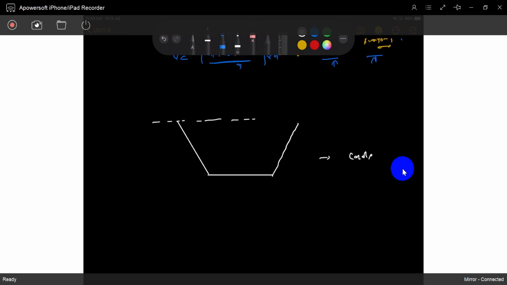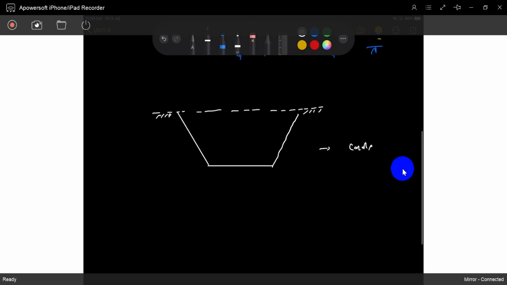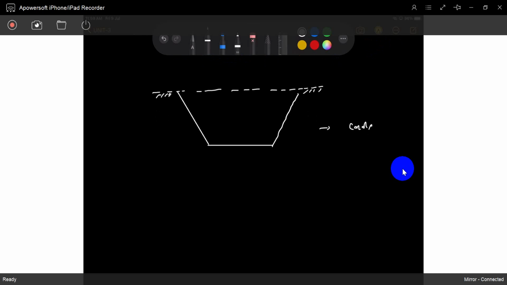If you see the canal, this is the ground. To make a canal, you have to dig it. How much earthwork you have to do is the canal excavation. And also embankments. Embankment means road and rail works. This is the way of the road, and to support it we have to provide earthwork like this.